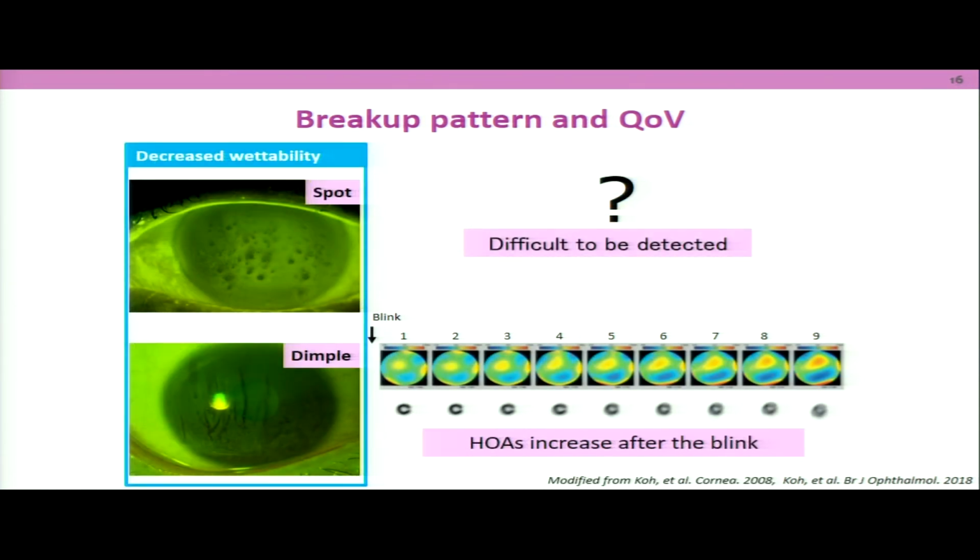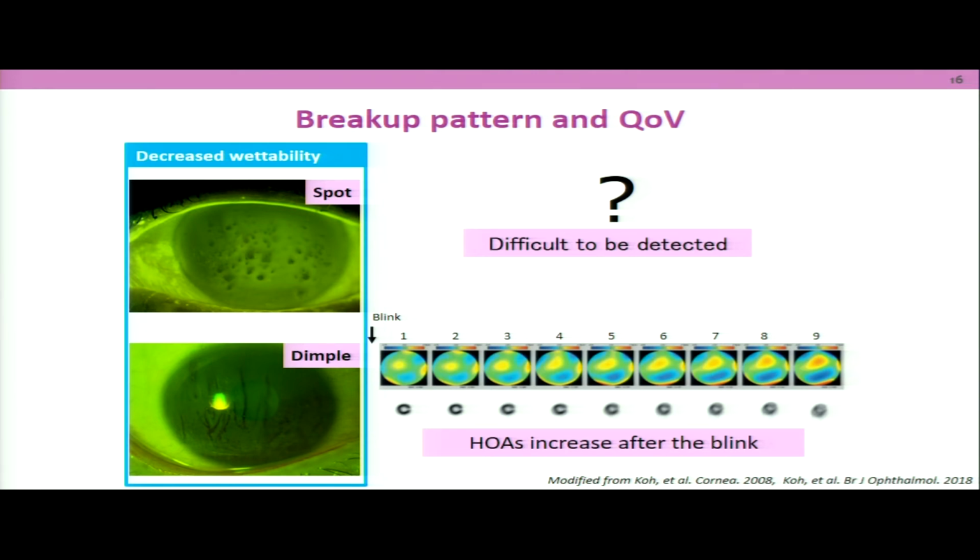And for the spot break, a severe type of dry eye with decreased wettability, the tear breakup is too fast to be detected. So far, currently commercially available wavefront machines cannot detect the optical quality. But for the dimple break, mild to moderate dry eye with decreased wettability,